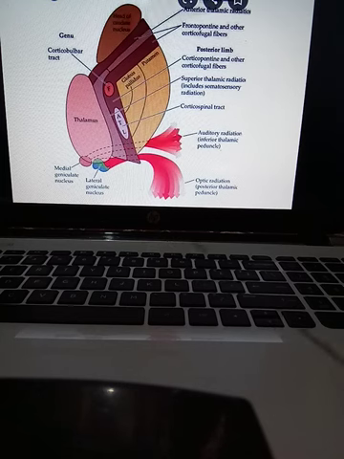Internal capsule, it is a bundle of nerve fibers that project from the cerebral cortex and interconnect with the subcortical centers. Then this internal capsule, superiorly it fans out as,